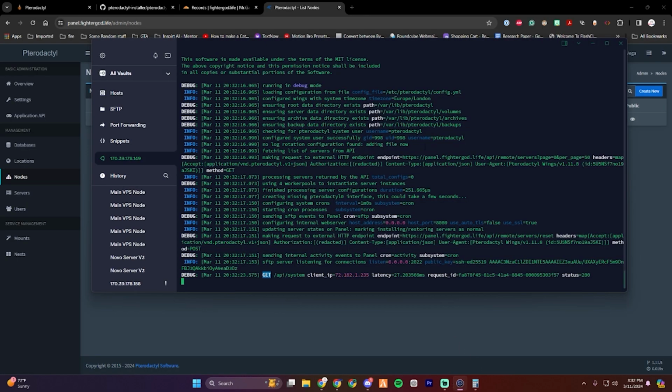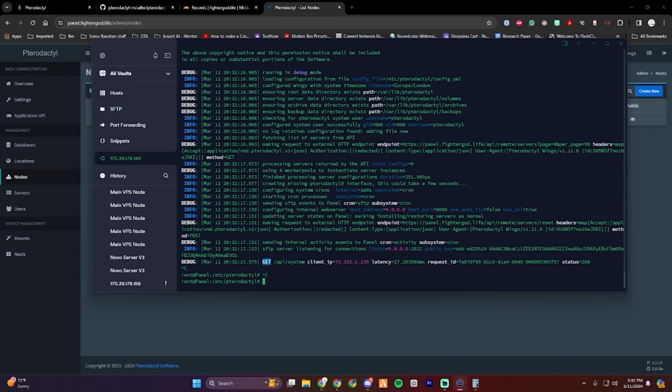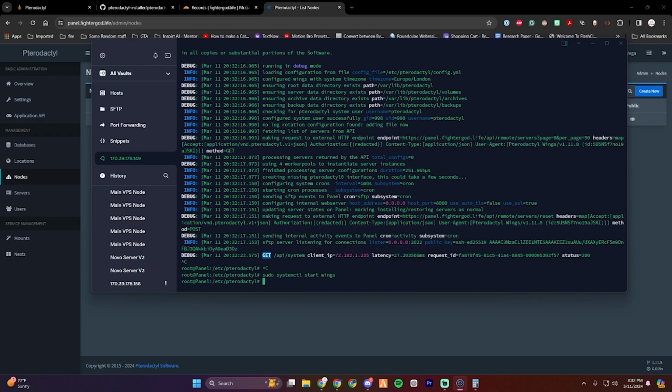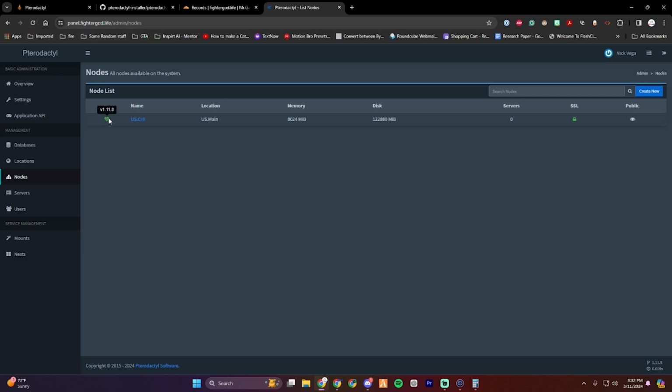So now what we can do is we can Control C to stop that, and then we can do sudo systemctl start wings, and that in turn will start the program that will automatically keep Wings running for you. So if we refresh this page, Wings is still running even though we're not running debug mode. And congratulations, you have successfully